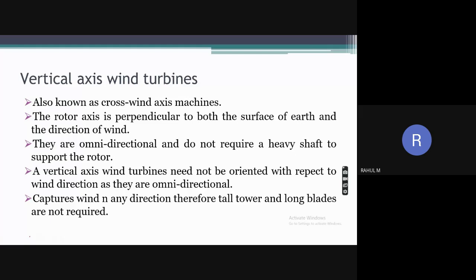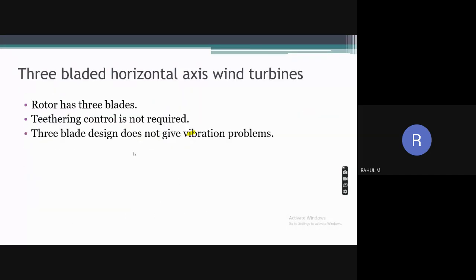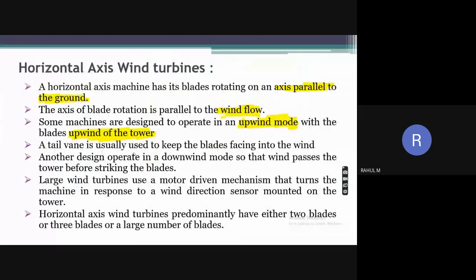You may note the main points as well. So here, the vertical axis wind turbine is actually also known as cross wind axis machines. Okay, and it is called vertical axis because the rotor axis is perpendicular to both the surface of the earth and the direction of the wind. Okay, and they are omnidirectional. That is one of the greatest advantages in the vertical axis wind turbine; നമ്മുടെ ഹൊറിസോണ്ടലിന്റെ